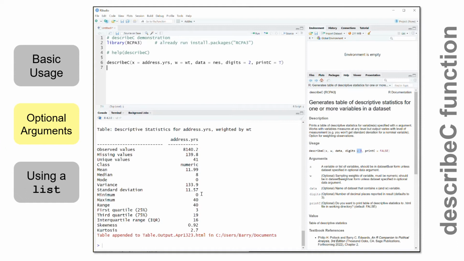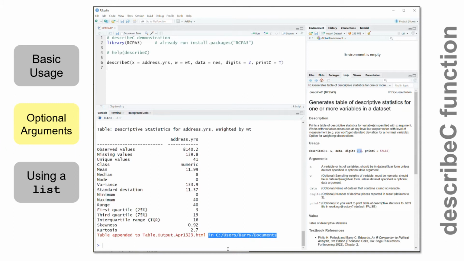And after outputting the table, it gives us a note that the table is appended to a file named table output April 13, 2023, today's date when I'm making this video, in this folder. I didn't really set a working directory, so it defaulted to this working directory, users berry documents,